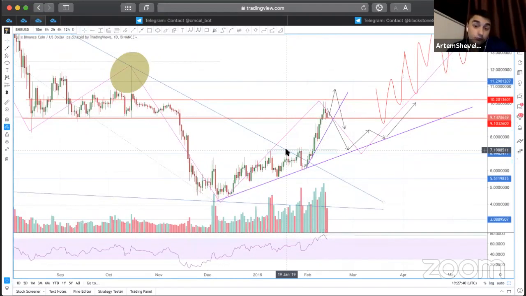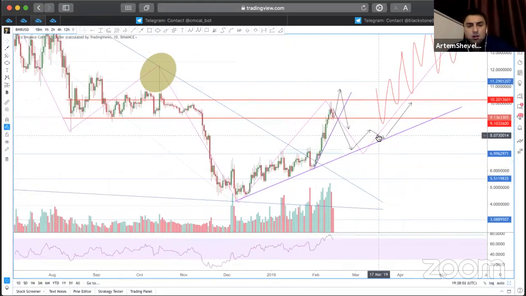So wait for it, and try to place some orders below the $8 mark, starting from 8.20 going down to 7.20, like 3 or 5 orders in this range to make your position. And it's probably going to go up again. Stop loss will be probably below the $7 area, or even 6.5. So now you know your strategy.